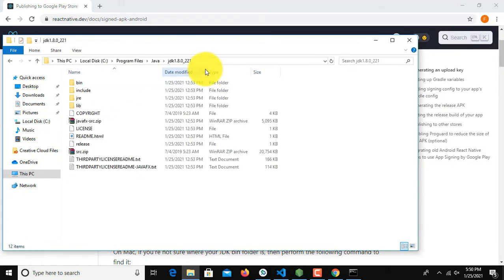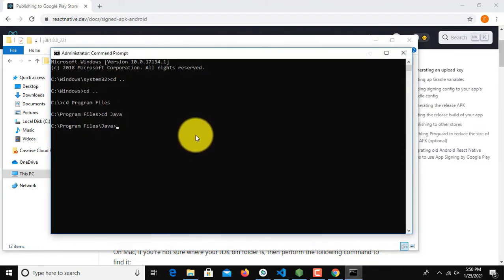So here we'll be using Java JDK version 1.8.0. So move into that folder and in that you will find one bin folder.